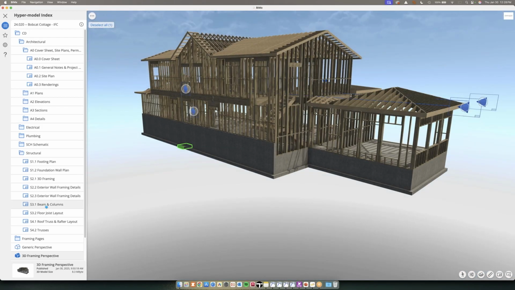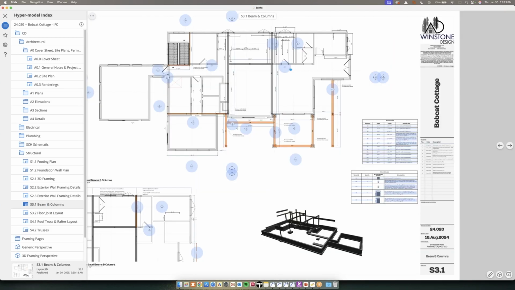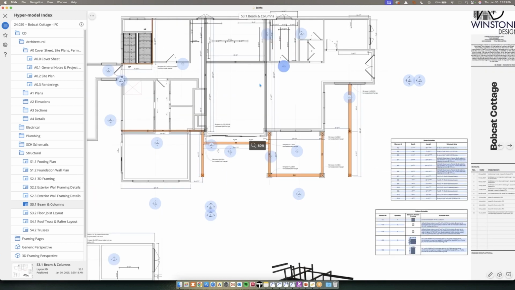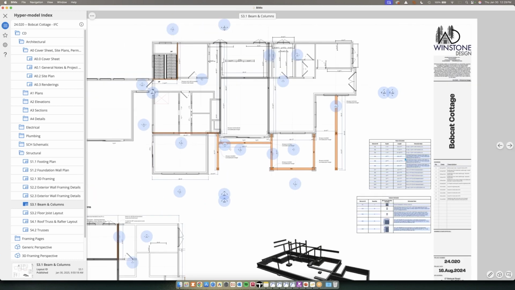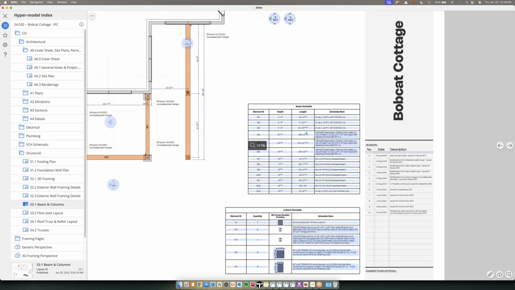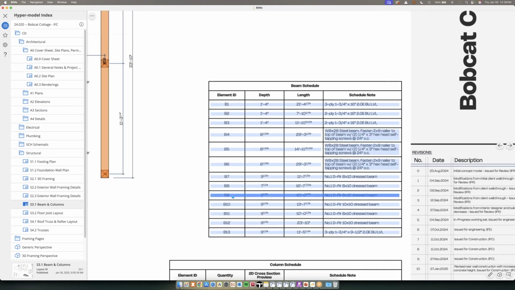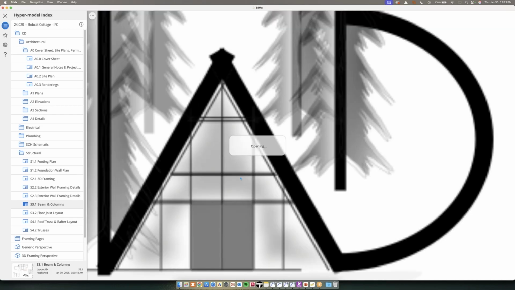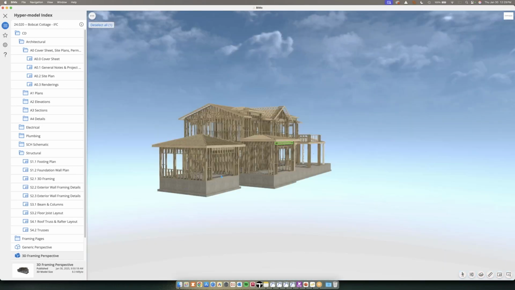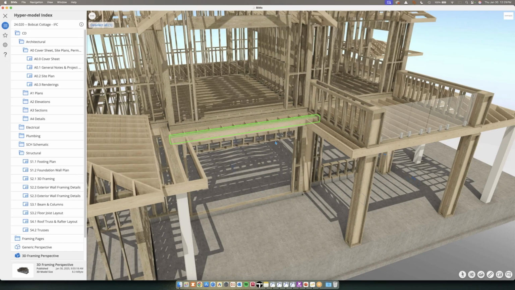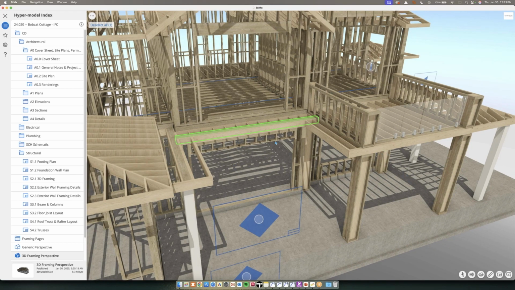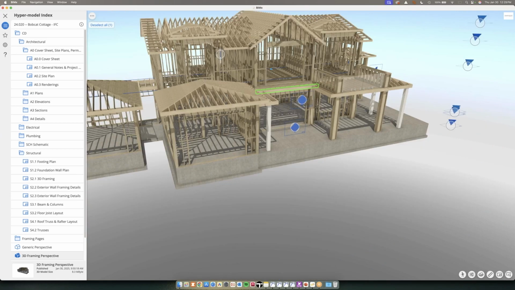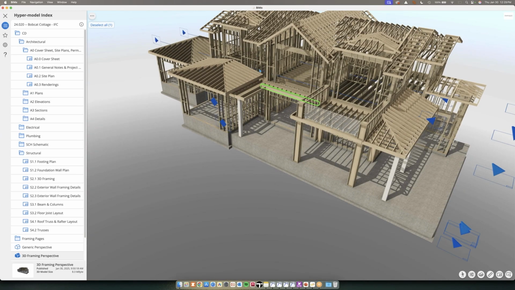If I go to the beam and column page, in here, I'm able to then either click on a section view, or I can go to my beam schedule, which we can see here. And if I want to know where B8 is in that specific model, I can open that and it automatically takes me to where beam 8 is. So if I'm having difficulty finding it in a plan view, I can easily take it to there. And then same thing, because all these elements are in 3D, I can grab a section view of